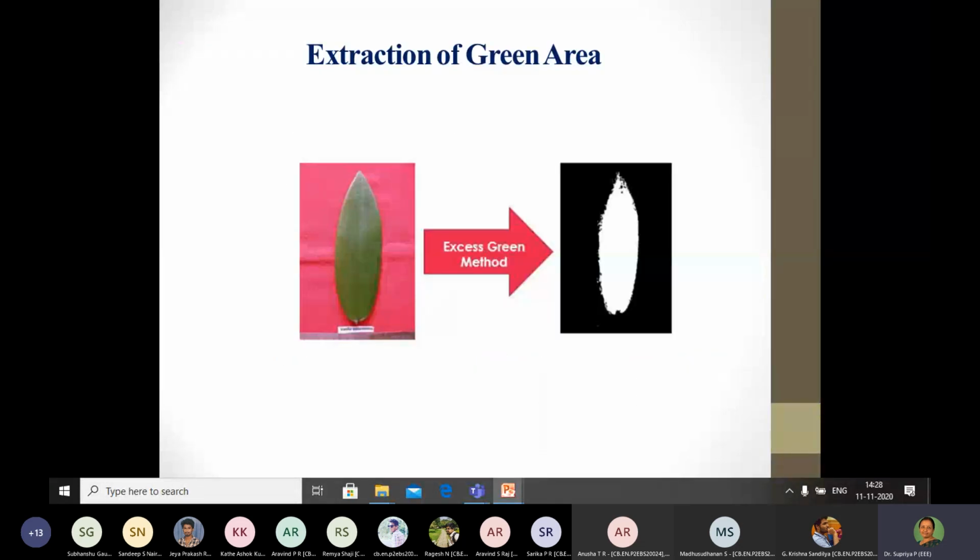Let us go on to the usual example that I had discussed, which we do frequently. The reason being, this was a major problem for us when we had the image which was acquired from a real-time leaf. The first step was to convert this green image to black and white using a process called the excess green method.